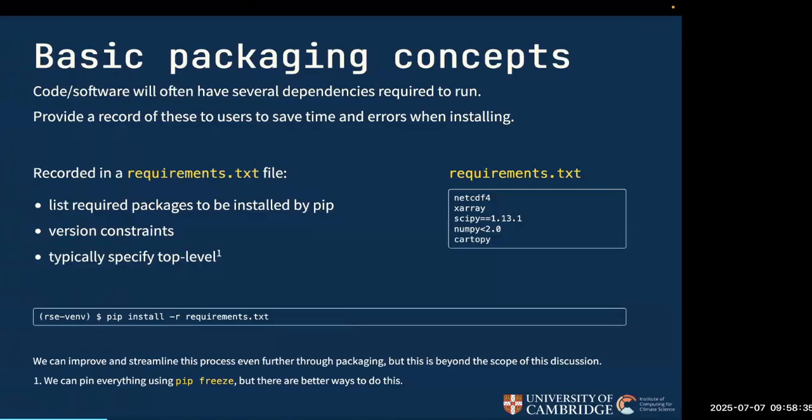And typically, we specify the top level dependencies. So you might find when you install something like matplotlib, matplotlib itself will then go and install a whole bunch of other things, but that's because matplotlib has been properly packaged, and so it knows where to go and fetch all of this. You don't need to specify everything under that, you just need to specify matplotlib itself, and Python will work out the rest. And there's a handy command within the pip package manager that will go and install